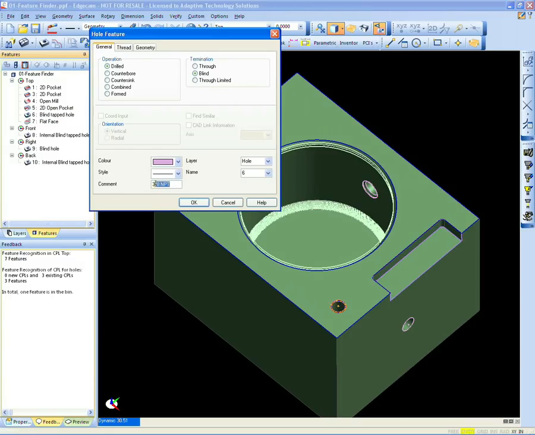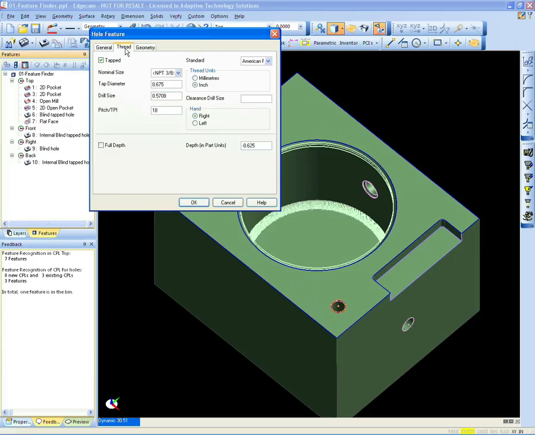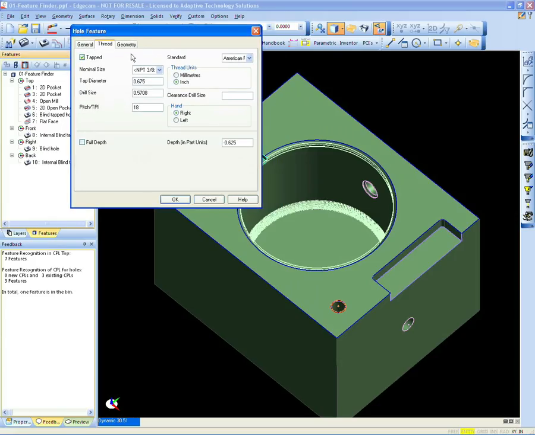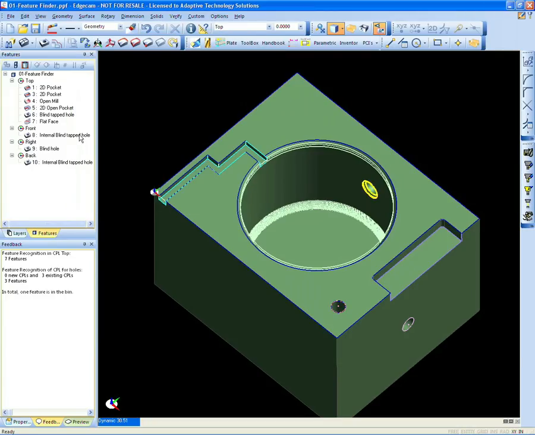The blind tapped hole that we're going to look at here, if we edit this, what we'll notice from the CAD modeler, again this is part modeler, but it could be Inventor, SolidWorks, Solid Edge, is that it was defined as a 3/8 NPT under the thread tab. It has the appropriate nominal size, drill size, and the standard that was used. The thread depth here again was defined in the CAD modeler,